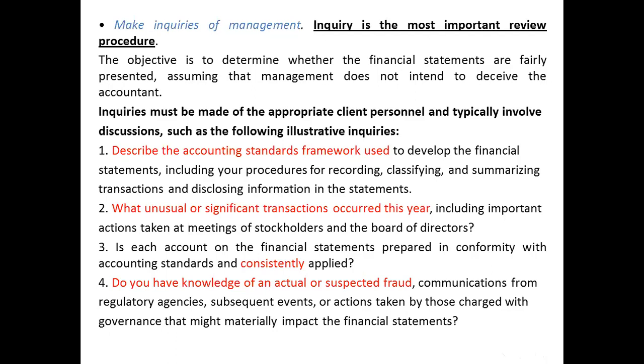The other example: what unusual or significant transactions occurred this year? The CPA firm may ask the management to identify unusual items or unusual transactions during the current period. These items would be considered an area of focus, so it is important for the external auditor to identify what unusual or significant transactions occurred this year, including important actions taken at meetings